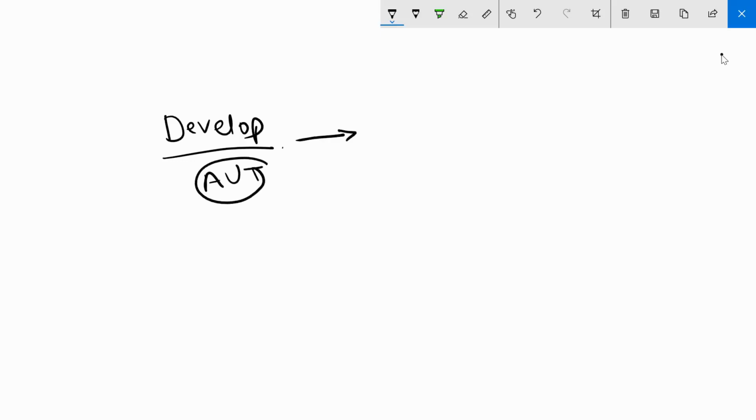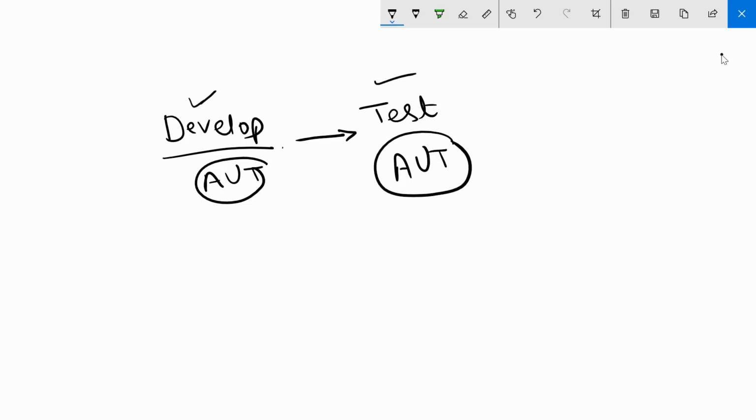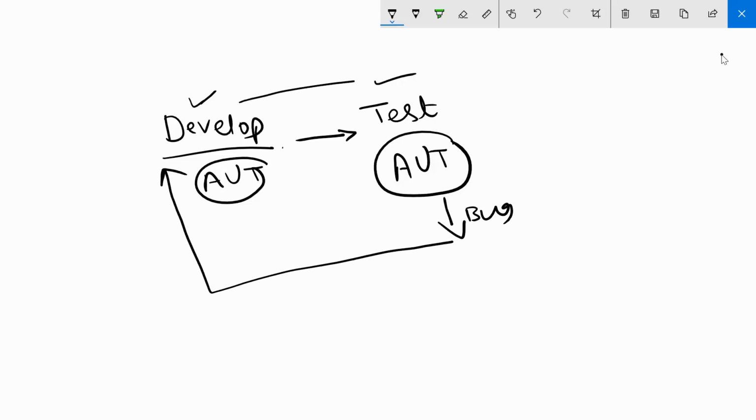Then you have to test this application. As a tester, you test this application AUT. This is one phase, this is the second phase. If there is an error or bug in the application, you report it back, and then they will fix this issue again and send it to you once again for testing.